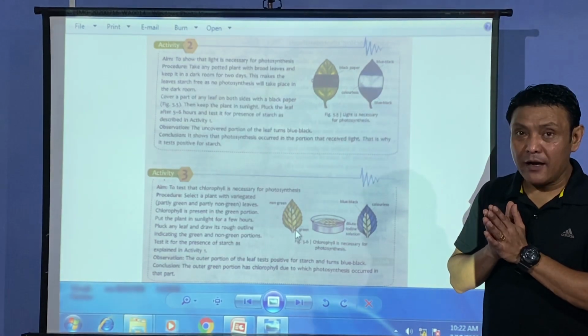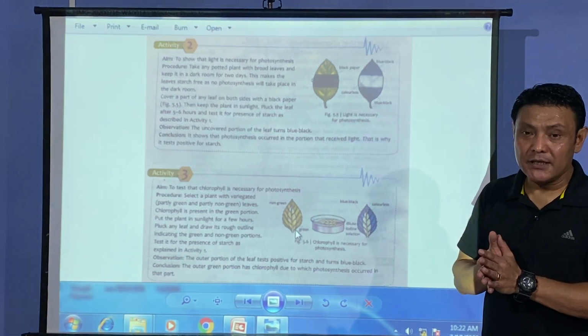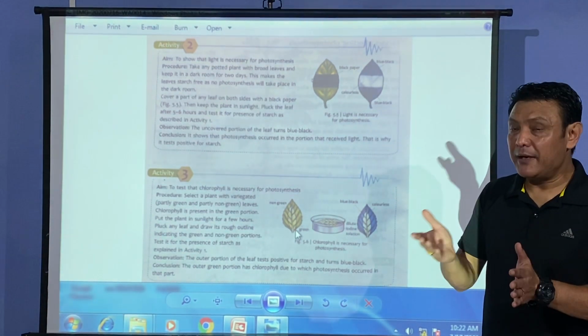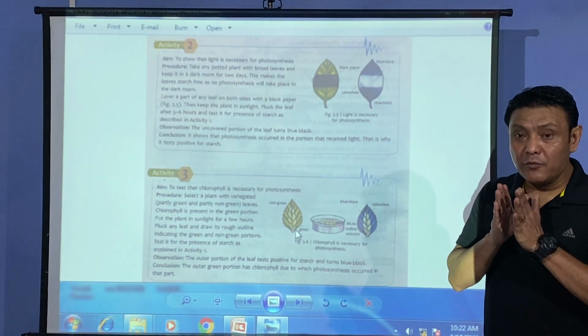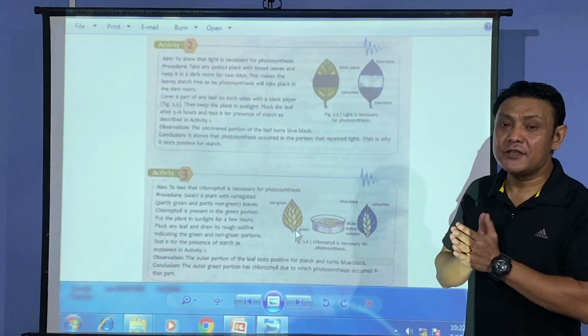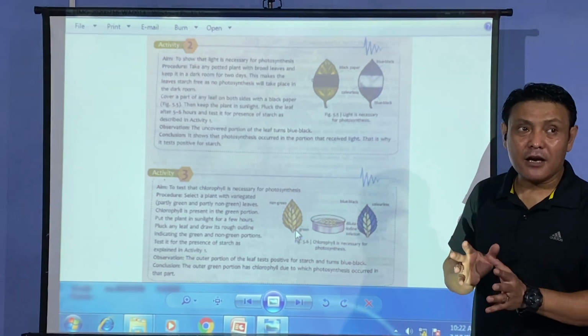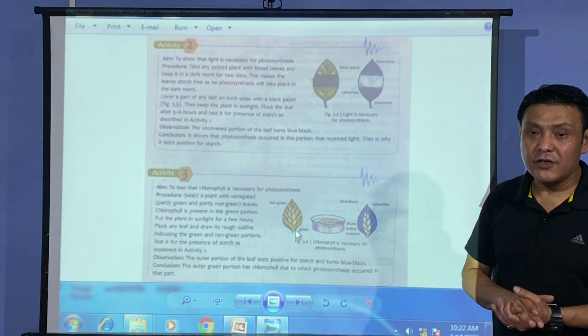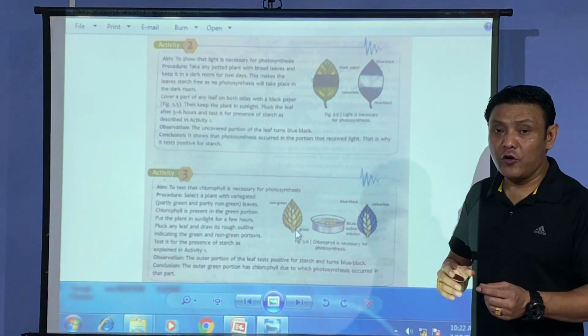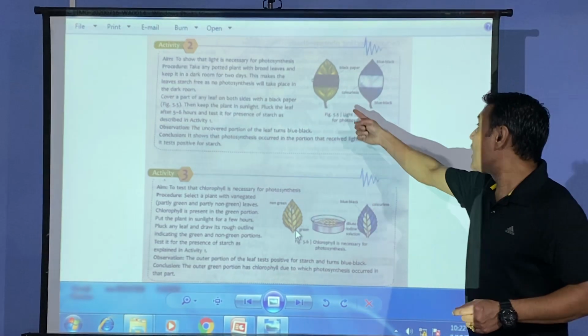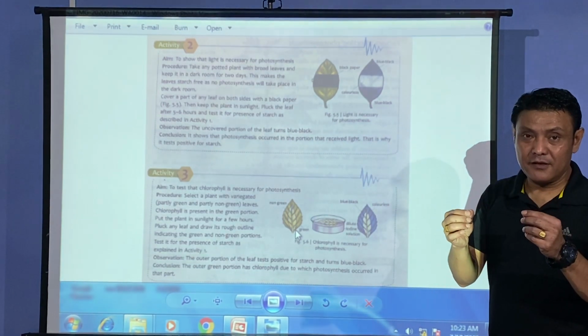Now after let's say 12 hours in the dark, or maybe 24 hours in the dark, it depends upon the plant, we make sure that there is no starch in the leaves, because in the dark photosynthesis cannot take place and starch will not be present in the leaves. Now before the test, what we do is we cover one of the leaves in the plant